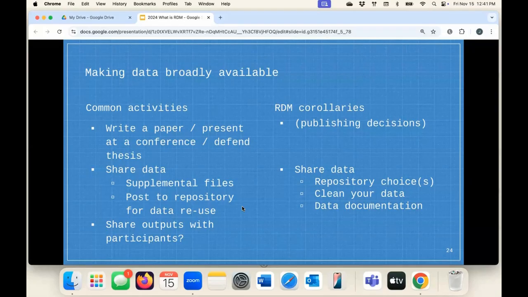And then obviously when you're talking about sharing your data, that is very much inside of the RDM wheelhouse, thinking about repository choices, data documentation, and cleaning your data. So you will definitely have done a bunch of data cleaning when you first brought that data into your project, made sure that, if it's a spreadsheet, all your columns are identified, there are no empty cells, those kinds of things. But when you're sharing out your data, you want to make sure that you're sharing it for an audience that isn't just you, that isn't just your team that can know what